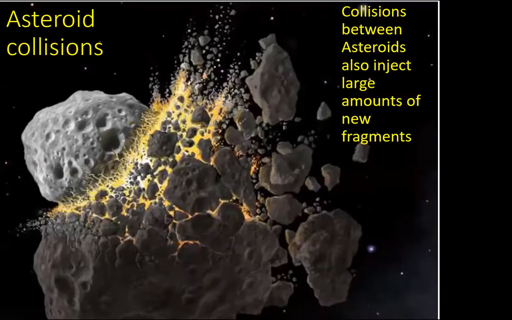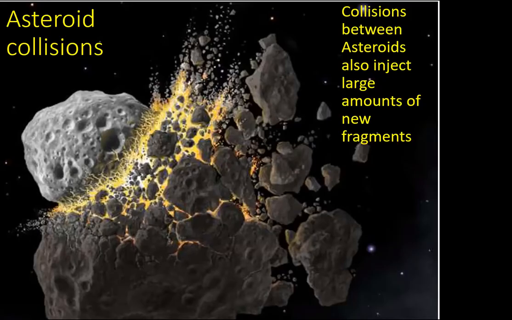But another source of dust is the breakup of asteroids, and this is an artist's impression of a collision between two asteroids, and this does happen from time to time. And of course, a very violent process. Everything in the solar system is really moving at quite high speed, so you do tend to get high velocity impacts, creating shattering blows and blowing material in every direction. And some of that will then just go into orbit and become part of the asteroid belt and part of the contributing factor to all of the rest of the dust in the solar system.